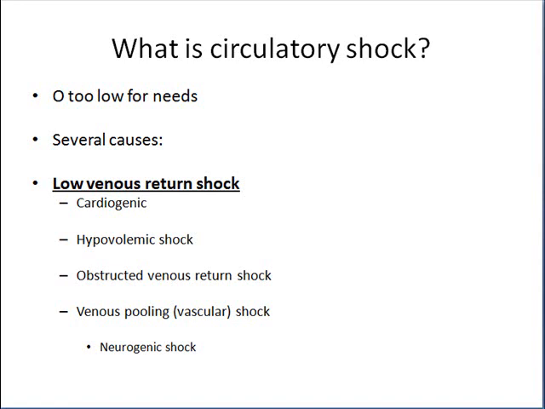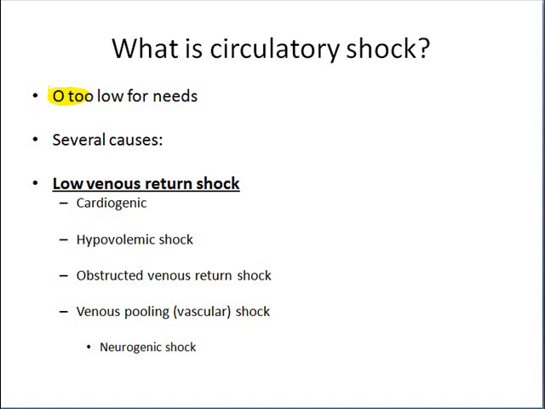Basically, the most basic definition that I can think of for circulatory shock is anytime oxygen levels become too low to sustain the metabolic demands of the body. So when oxygen levels are too low for the needs of the body, this is by definition what we call circulatory shock. There can be a number of different ways that we can develop circulatory shock, and I've divided these out into some general categories,